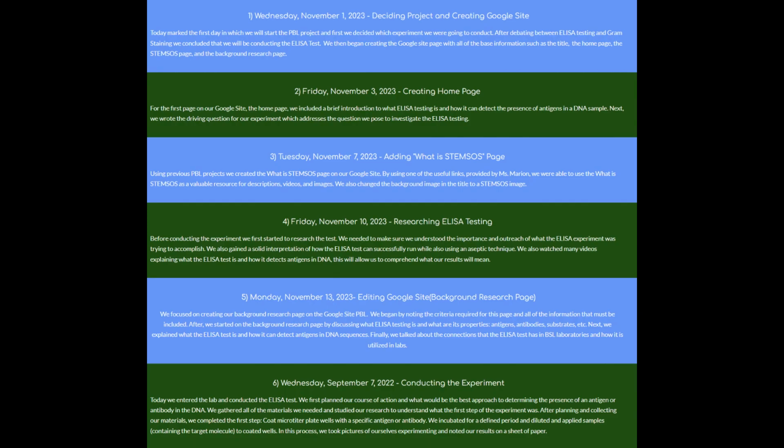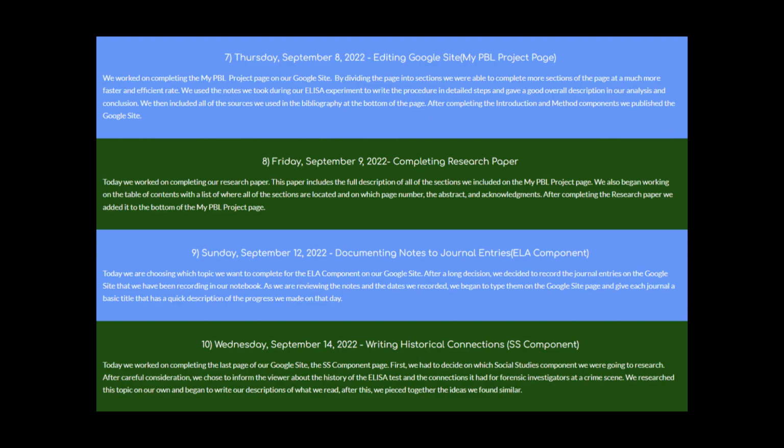For our English component, we documented our journey into truly understanding the ELISA test. During the startup phases of the experiment, we set up the basics of our Google site. Afterward, we researched this topic to understand the importance of the ELISA experiment and what the test is trying to accomplish. We then carefully conducted our experiment, making sure that we followed all of the instructions while documenting the results